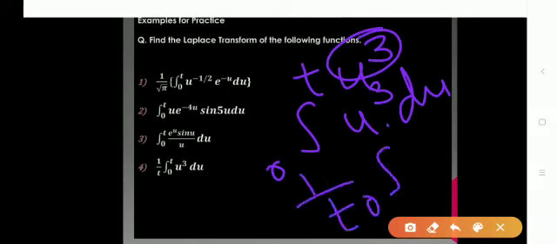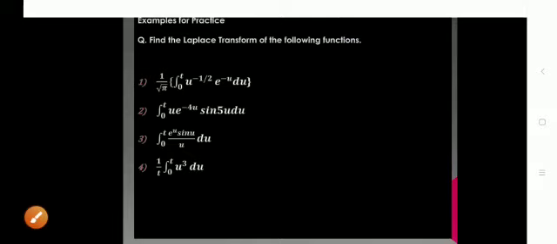See, you cannot change the sequence of the terms or the application of properties if the term is outside the integration sign. So here you have to follow whatever sequence is given in the example. First the u cube Laplace transform, then the Laplace transform of the integral, and then the division by t property. So solve these examples carefully using the method applied to solve the examples in this video and also in the previous videos. Thank you.